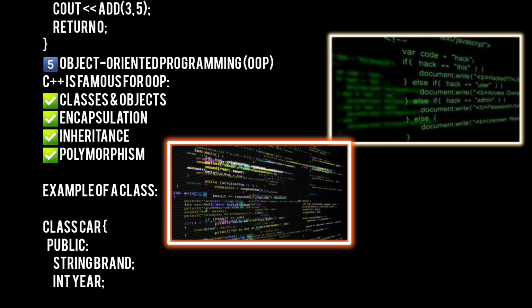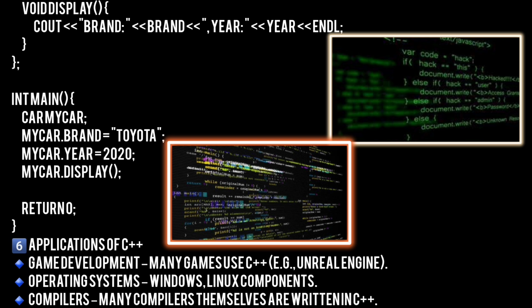5. Object-oriented programming, OOP. C++ is famous for OOP: classes and objects, encapsulation, inheritance, polymorphism. Example of a class: class Car, public: string brand; int year; void display() { cout << brand; }